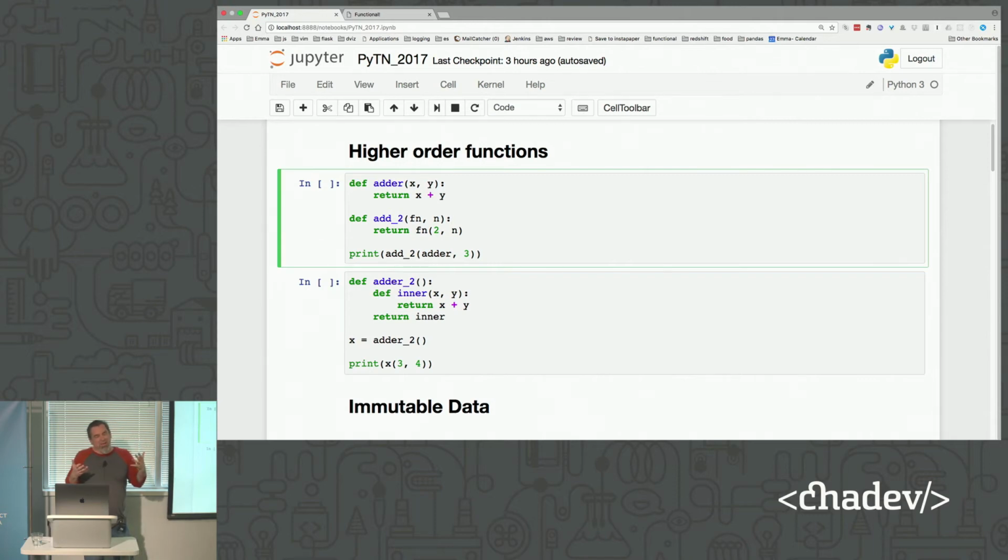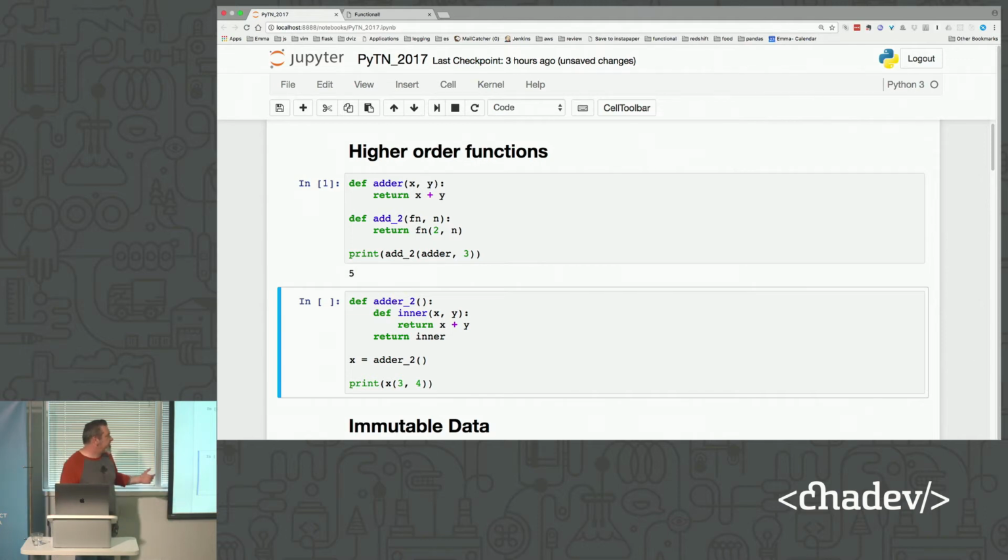It can be a little confusing sometimes. If you don't work with this kind of stuff on a daily basis, and I don't, then it can get a little mind-bendy. We're taking adder with a value of 3 as its initial value, and passing that whole thing into add2 as its function there, right? So add2 takes a function and a number, and in this case, we're adding 2 to every number that we pass into adder, right?